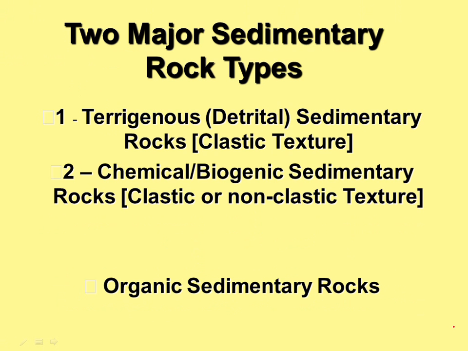But basically what we've been talking about so far this afternoon is about ferruginous and chemical/biogenic or biochemical sedimentary rocks. And the point about ferruginous sedimentary rocks is that they exhibit a particular kind of texture referred to as a clastic texture. Clastic comes etymologically from the Greek klastos, meaning fragment. And if you think about the definition of a ferruginous sedimentary rock, an aggregate of fragments of pre-existing rock, that describes the textural aspects of ferruginous rocks.